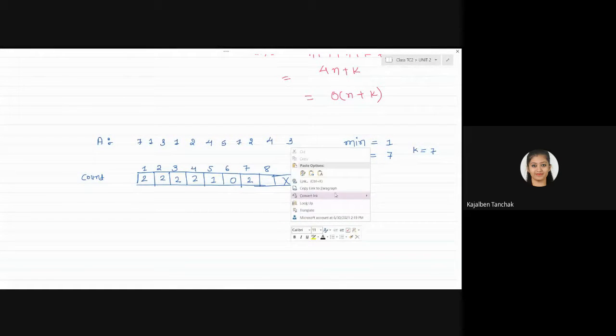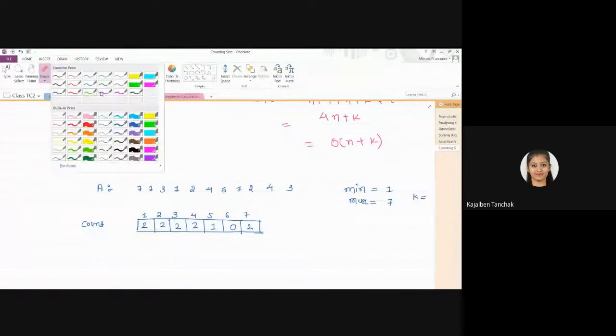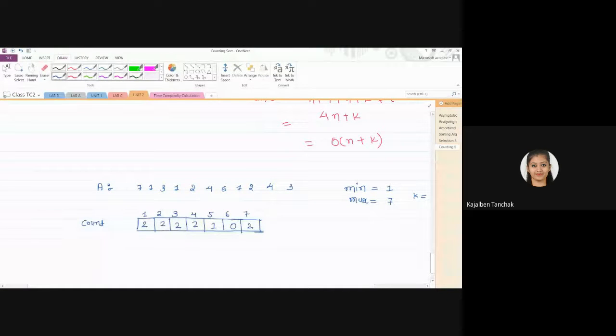So just a second. I remove this, because you can see here we are having only 7 elements, 1 to 7, right? Okay, fine. This is your count here. How have you found the answer? I think this is your answer, right? 1, 1, 2, 2, 3, 3, 4, 4, 5, 7, 7. I think this will be your sorted array, right?